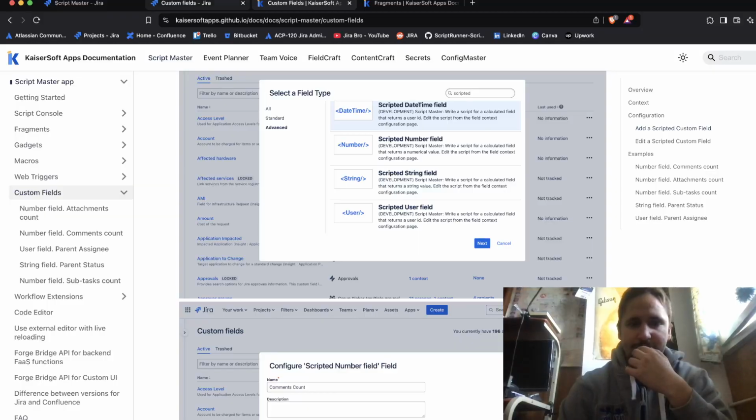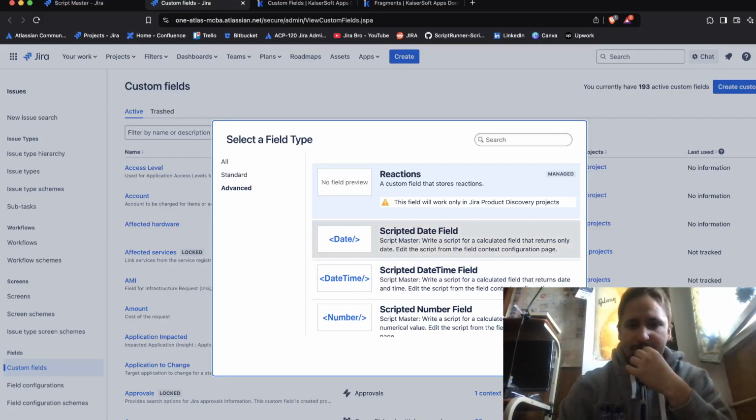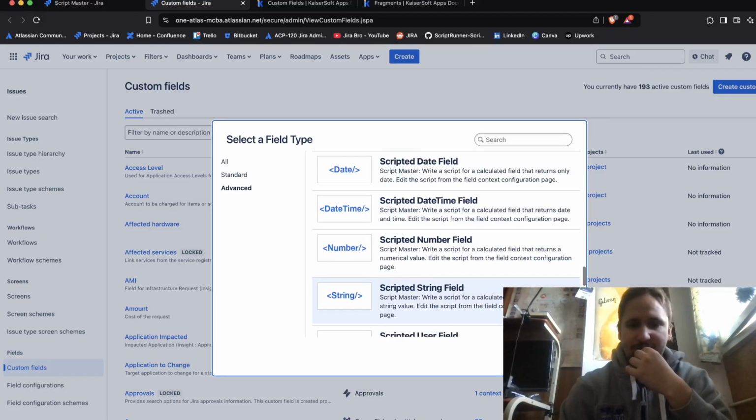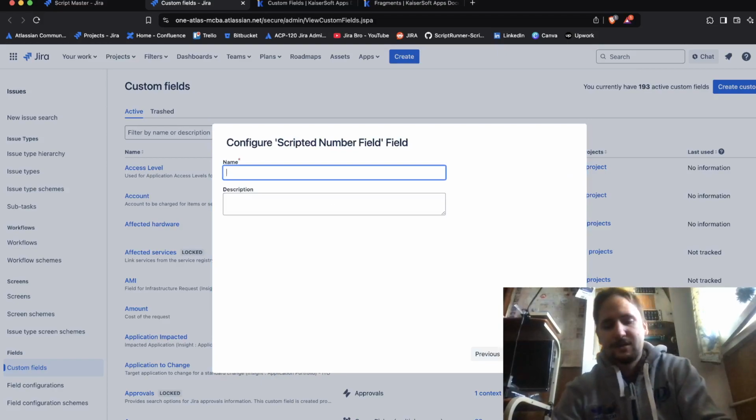The user field returns the user ID, the date time field returns only the date, the number field returns the numerical value. Okay. If I go next, I say comment count,